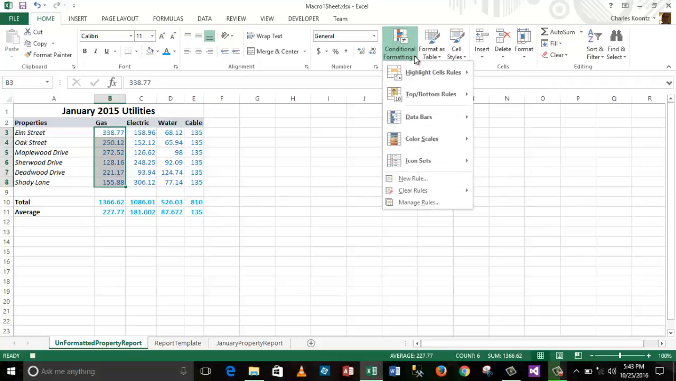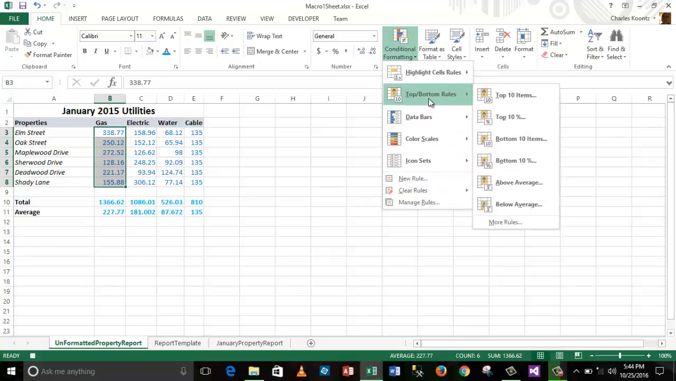And let's see, I'm going to try a top rule, okay? I'm going to find out by using this top rule. Now I could write my own function, but this one already exists, so it's easy to implement. So from the menu, I'll choose above average,